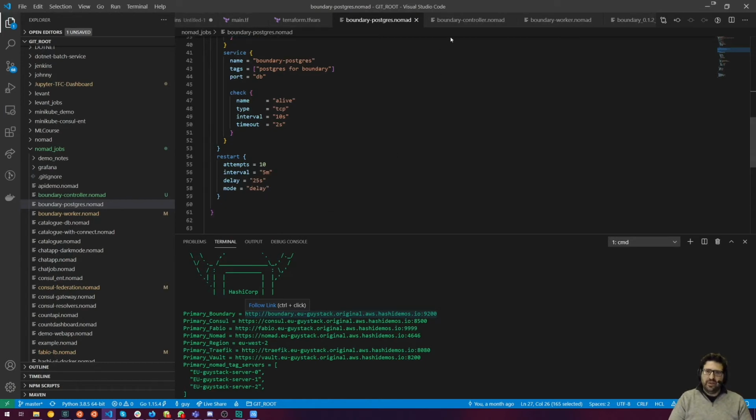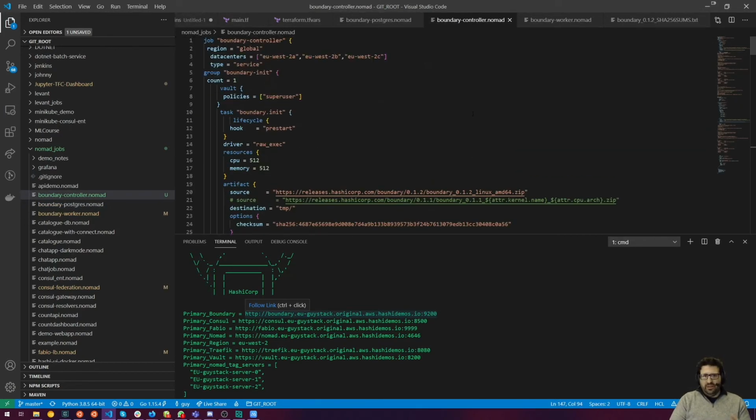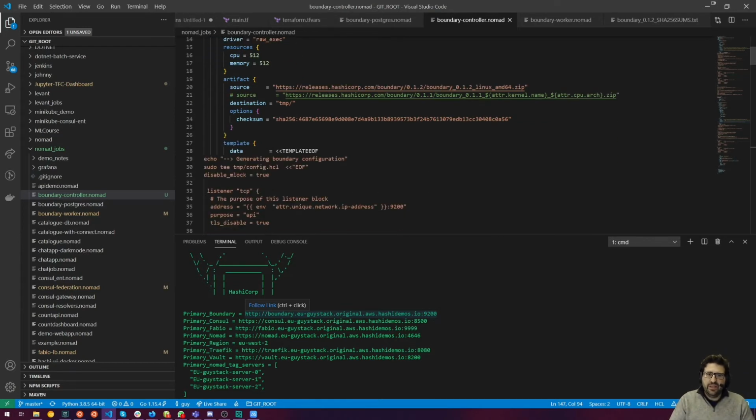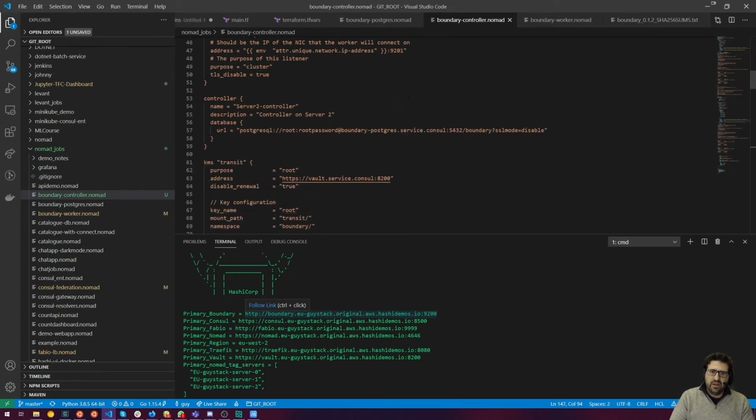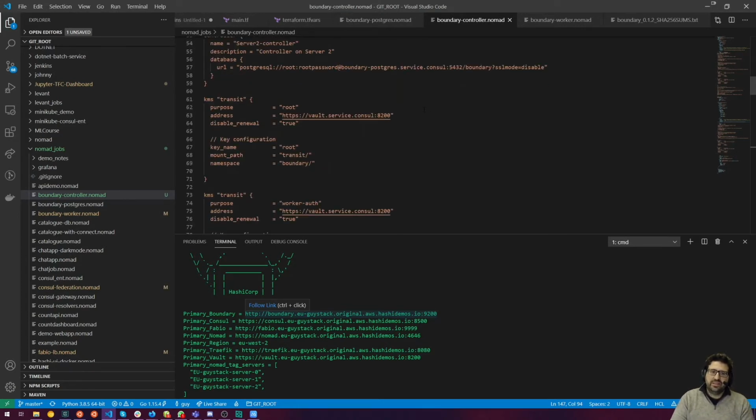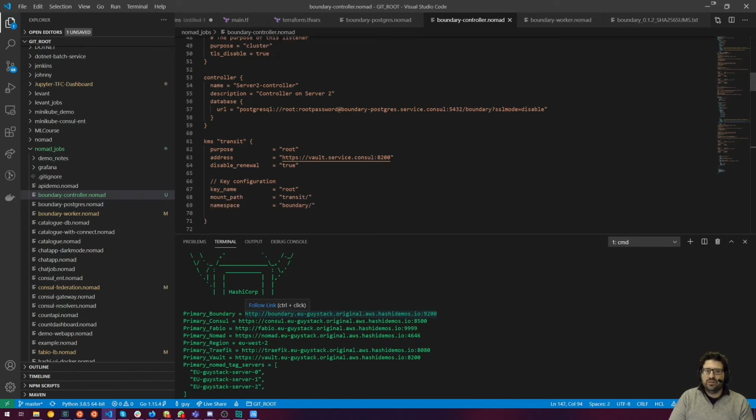Once we have Postgres in place, we can then start the controller. Now, the controller, again, is a Nomad job, and it has two main pieces to it. The tasks, one of which is boundary init, and one of the things it does is download the Boundary binary. The other thing it does is start off the configuration to Postgres